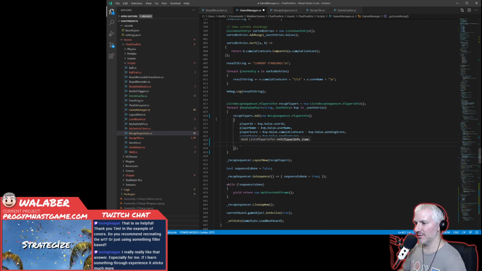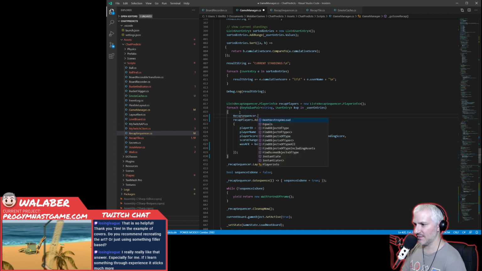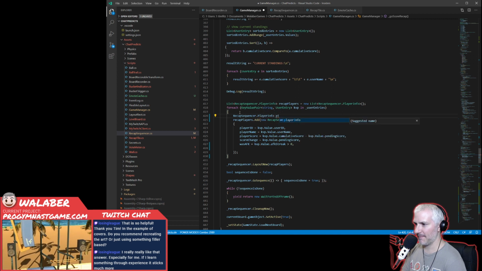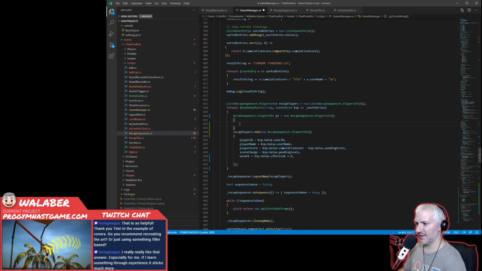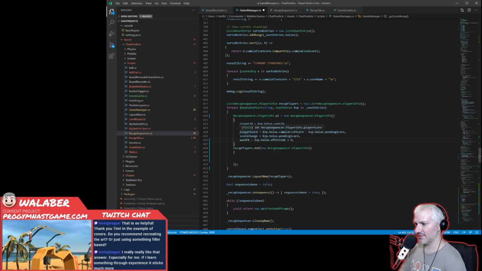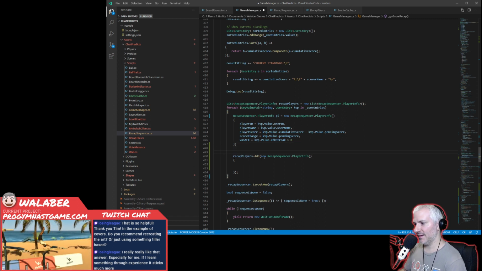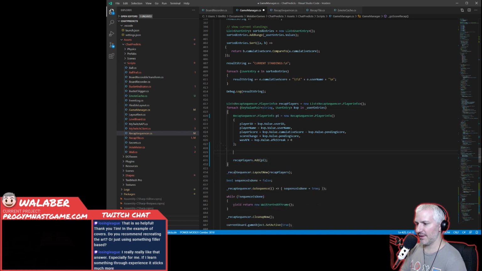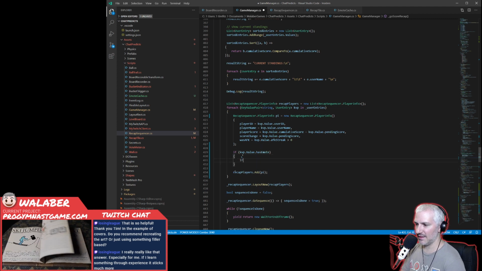Okay, we're going to need a little more room to do some logic here, so let's actually do this. Recap sequencer dot player info pi equals new player info, and most of this we can just plop into this initializer, and then here we're just going to add pi. Then we can do a thing right here where we say if kvp.value.has emote, then we can say if